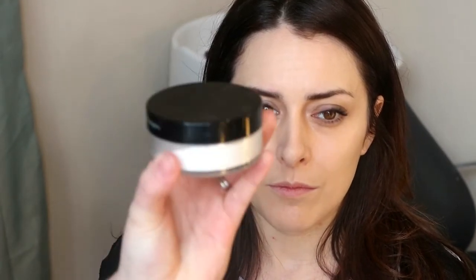The setting powder I'm going to use is also by Illamasqua, and it's just their translucent loose powder. Okay, so setting what you've just done, again, this depends entirely on the finished look that you want and your skin type. If you have quite dry skin, or more mature skin, you definitely don't need a lot of powder,